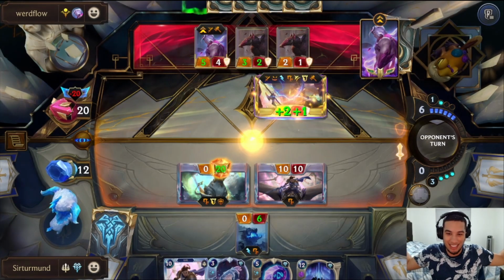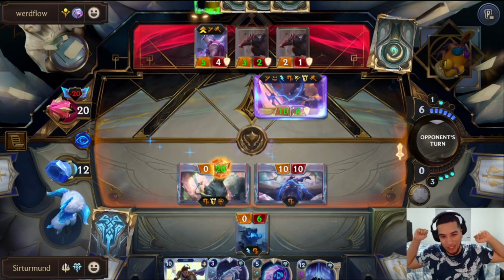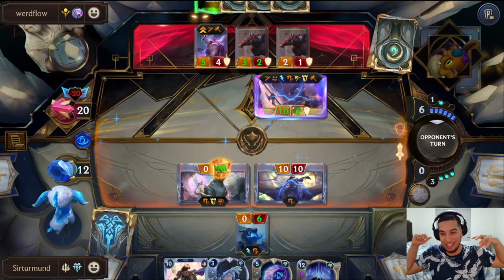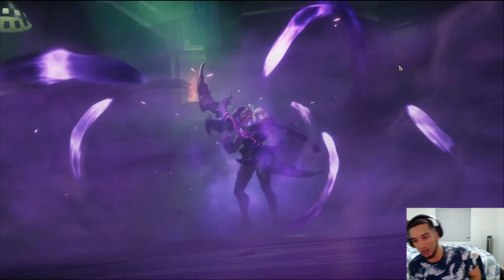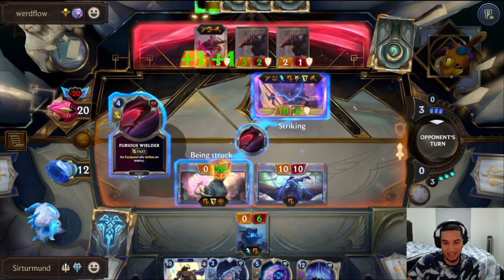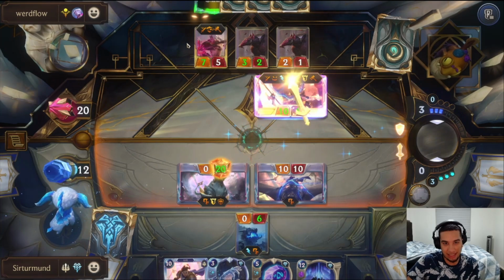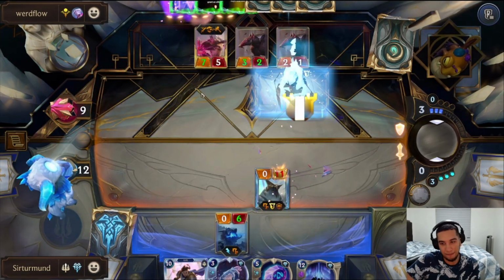Absolver? Furious Wielder, right? Yeah, it still kills the Sivir though. Because the opponent has to commit the Furious Wielder to be able to keep that Sivir alive, to be able to keep their Nexus alive. So we still kill the Sivir, and that's all I really need, right? Because we can just, unless the opponent pre-commits the...